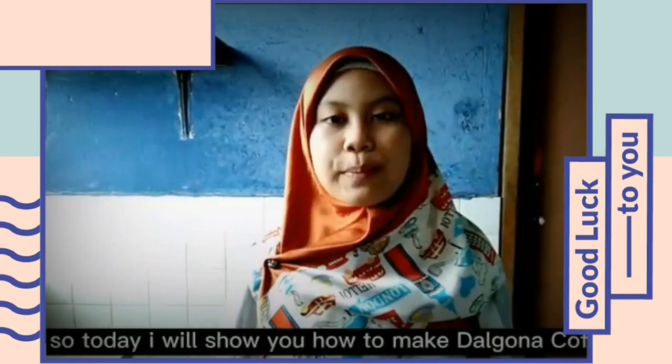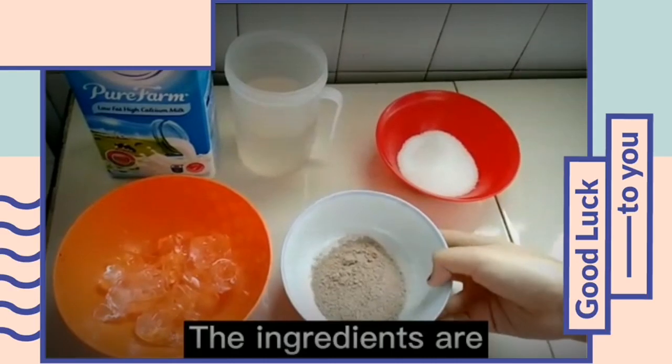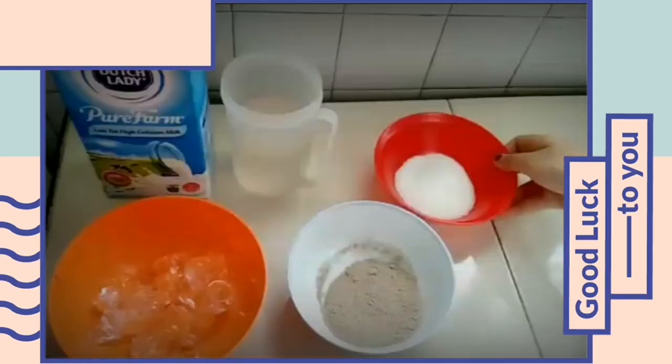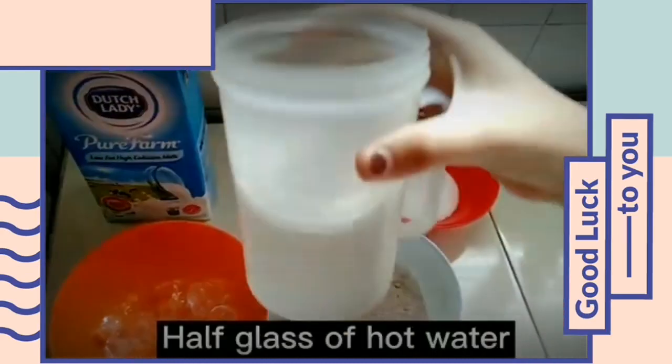Today I will show you how to make Dalgona coffee. So enjoy my video. The ingredients are a pack of instant coffee, 2 tablespoons of sugar, half glass of hot